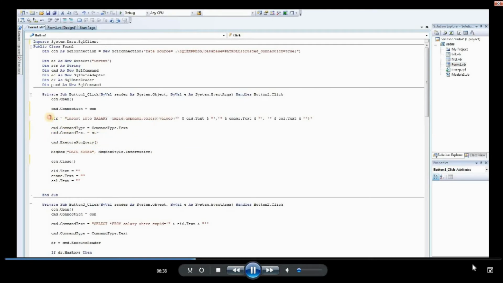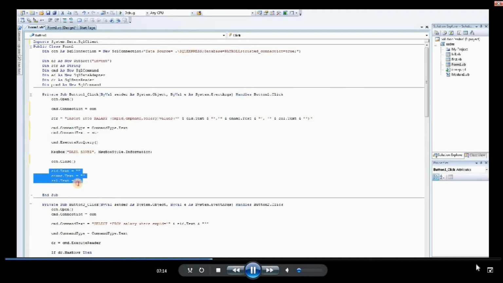So after you can see cmd.ExecuteNonQuery, that means this is the command to save the screen values to the table. So this is the major command of your entire save button. And after, for the indication to the user, the client, we are giving one message box, that is data saved. The beside one is for information purpose. So after you have to give con.close. Once you con.open, you must close, otherwise the data won't be saved.